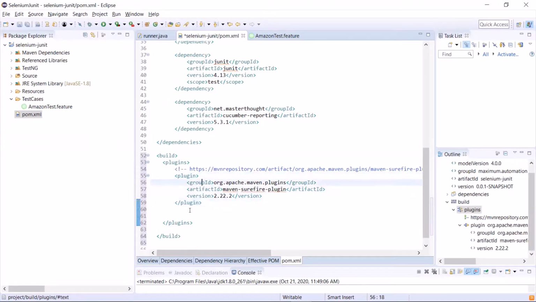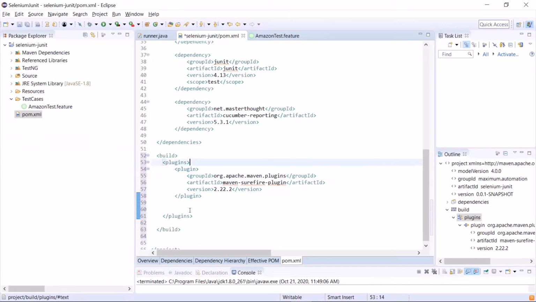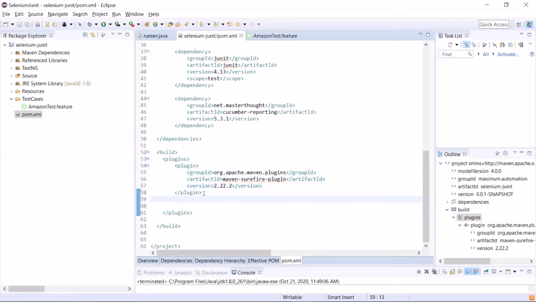Both plugin and dependency are jar files. But a dependency is just a jar file which will be downloaded and added to the classpath, and then we can use these packed libraries or classes in our project. For example, to use the JUnit annotations and classes, we have to add JUnit as a dependency. A plugin is a jar file which helps Maven to execute a task. For example, to compile the project, Maven uses the Maven compiler plugin. And to run the unit tests, Maven uses the Maven Surefire plugin.